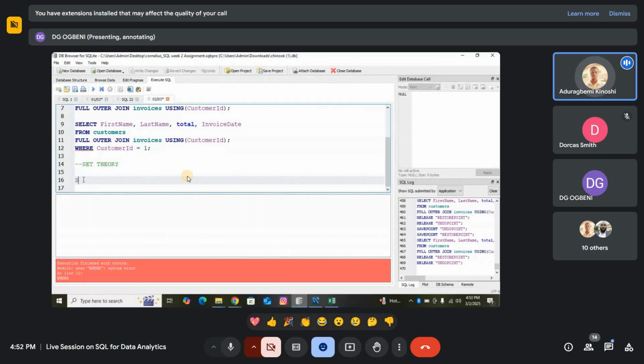The only thing we want to select from the customer table is the city, and the only thing we want to select from the invoice table is the billing city. So select city from